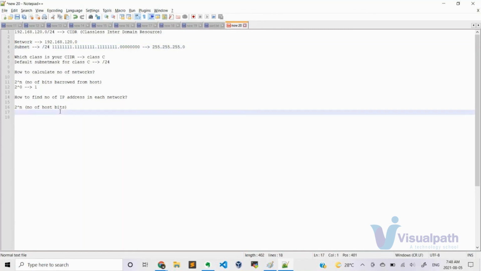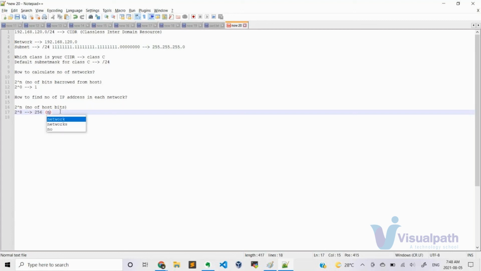So how many do we have? 2 to the power of 8. What is the value? 256, right? 2 to the power of 8 is 256, the maximum number of